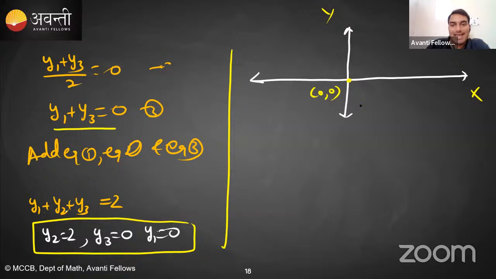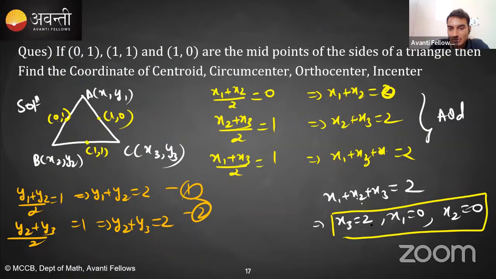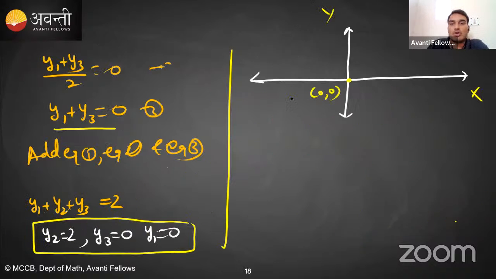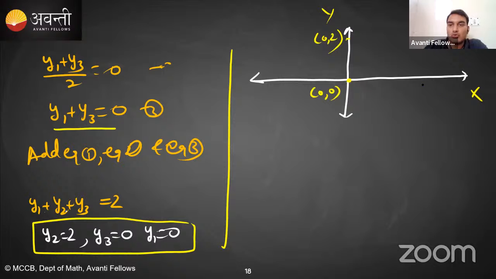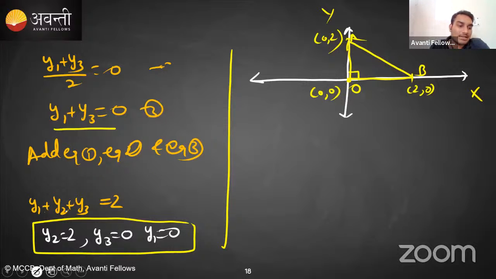Okay, so now x2 comma y2, x2 is 0 and y2 is 2, so 0 comma 2, so this point 0 comma 2। Now x3 comma y3, x3 is 2, y3 is 0, so 2 comma 0। तो देखो ये ट्रायंगल आ गया, दिस ट्रायंगल लेट्स कॉल दिस ए बी, और ये ओरिजिन है तो इसको ओ। सो हमारा जो ट्रायंगल है वो ओ ए बी है, एंड यू नो दैट दिस ट्रायंगल इज राइट एंगल ट्रायंगल, तो काफी चीजें तो ऑटोमेटिकली आ गई।